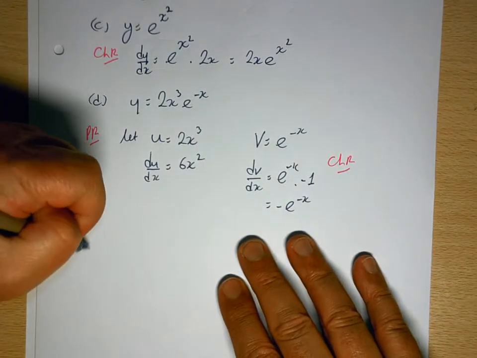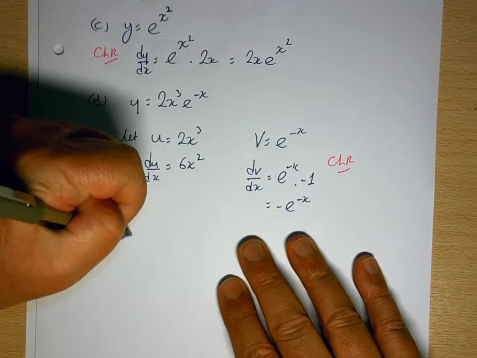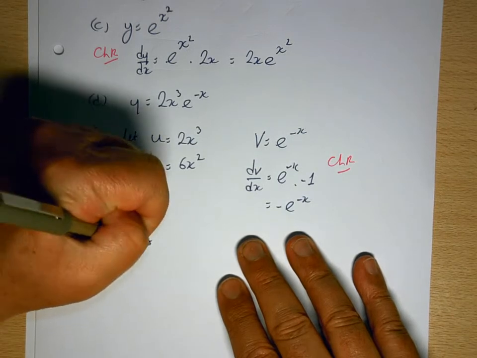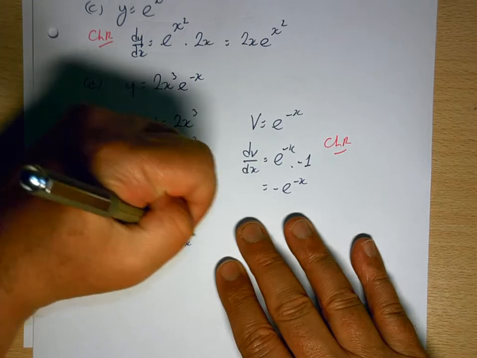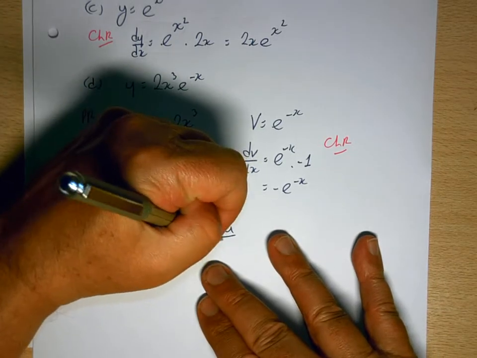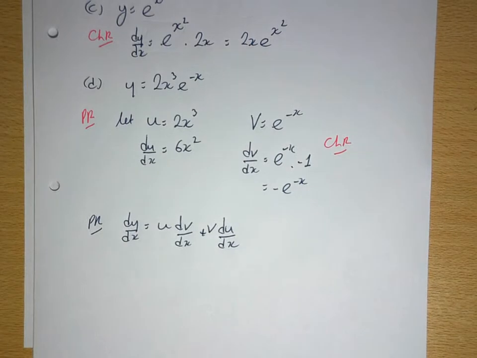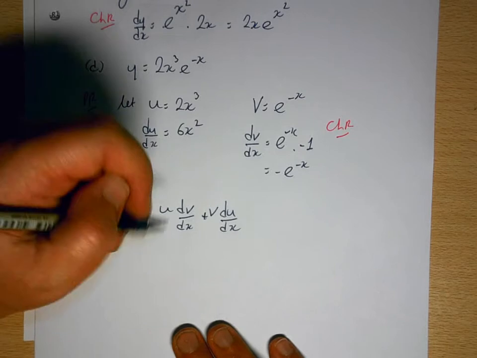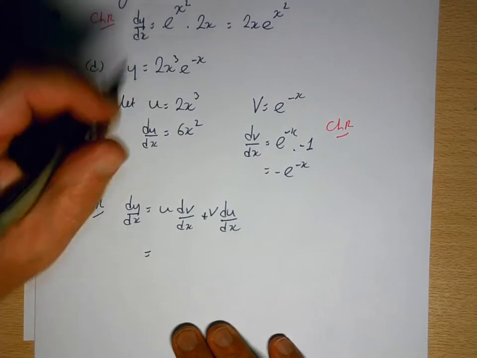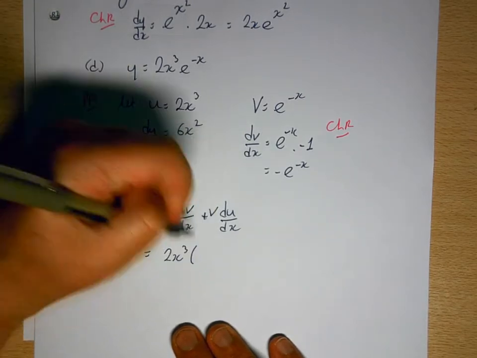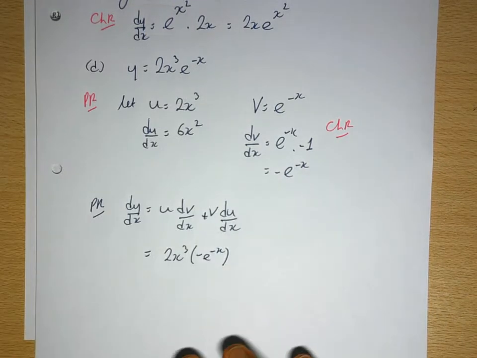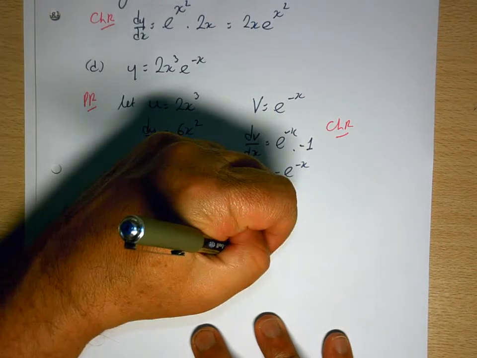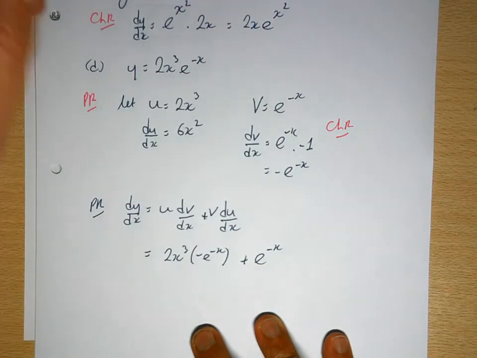And then the product rule, I'll write it down just so that you can remember. And as I've said to you in class, the more times you write this, the more chance you've got of remembering it. Okay, so u dv/dx plus v du/dx. So u is 2x cubed times dv/dx, which is minus e to the minus x, plus v, which is e to the minus x,